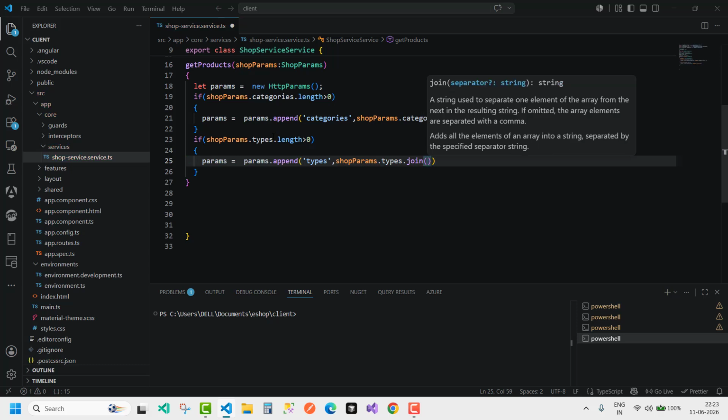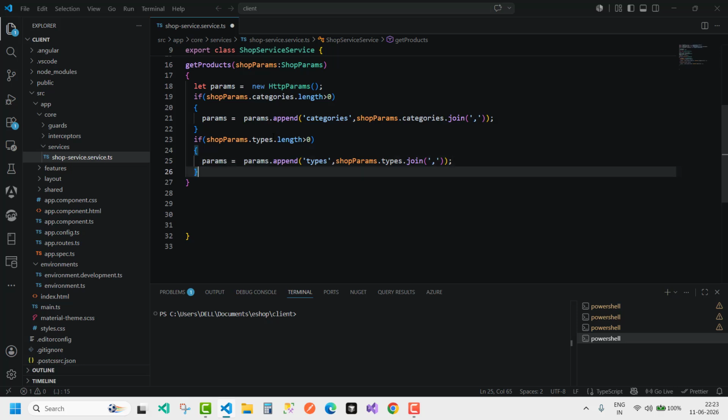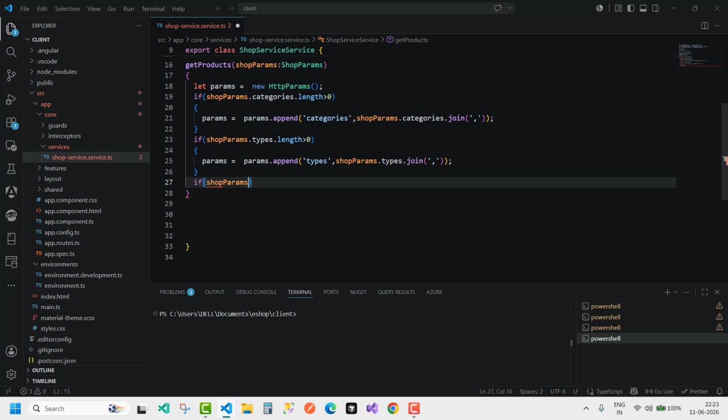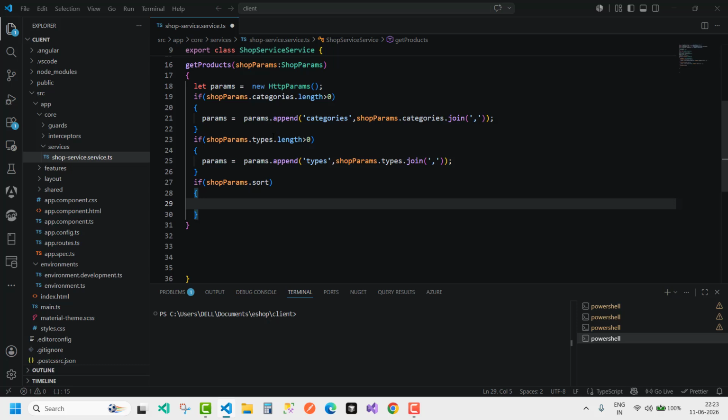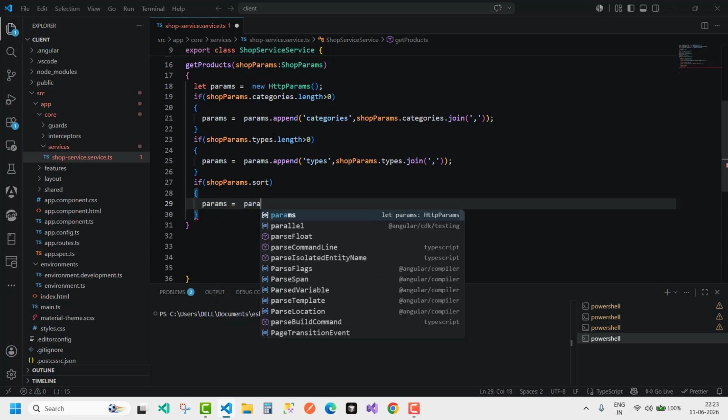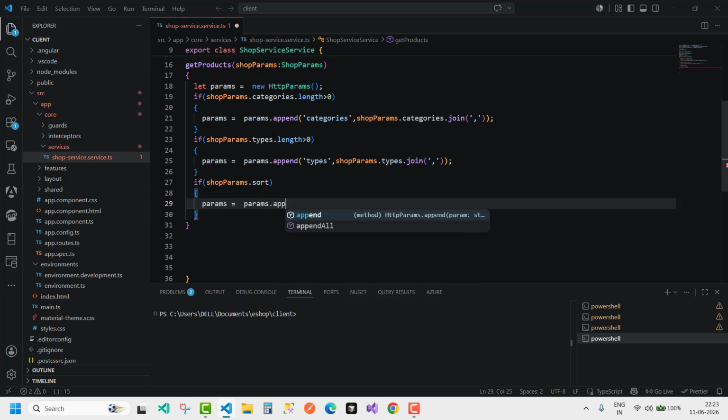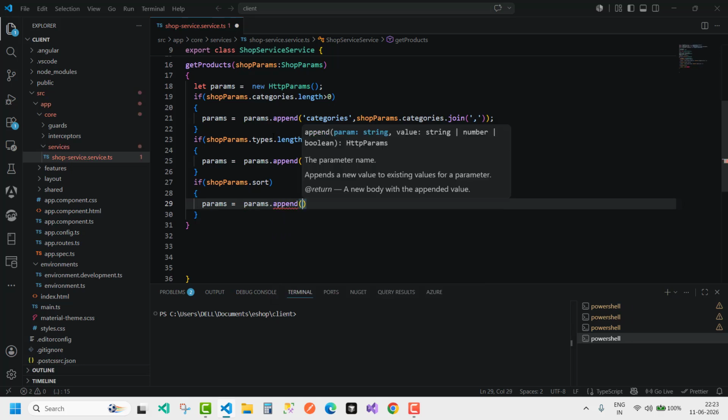So here we have params.append categories, so params.categories.join as a comma separated list. Then if params.types.length is greater than 0, params equals params.append types. Okay, so here we have params equals params.append,